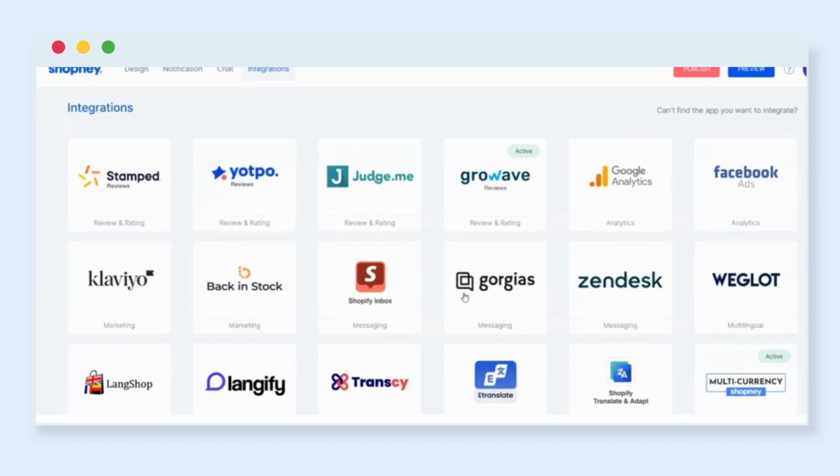So yeah, those are the important things that you need to know about Shopney's in-app chat functionality. If you have other questions, feel free to reach us